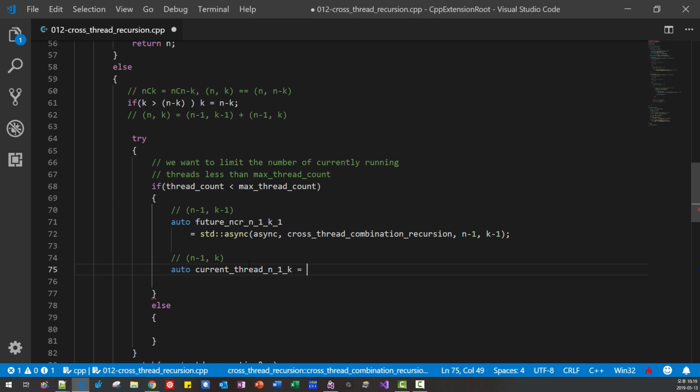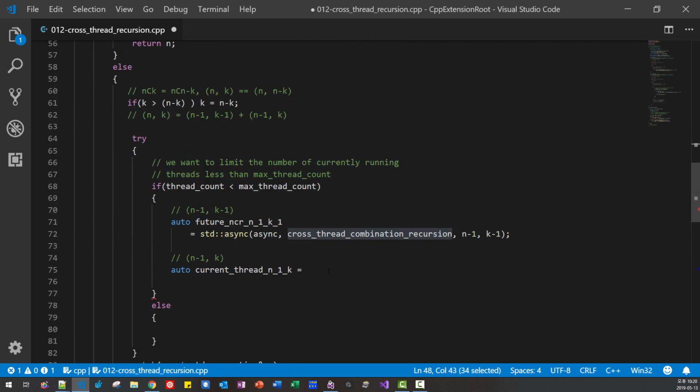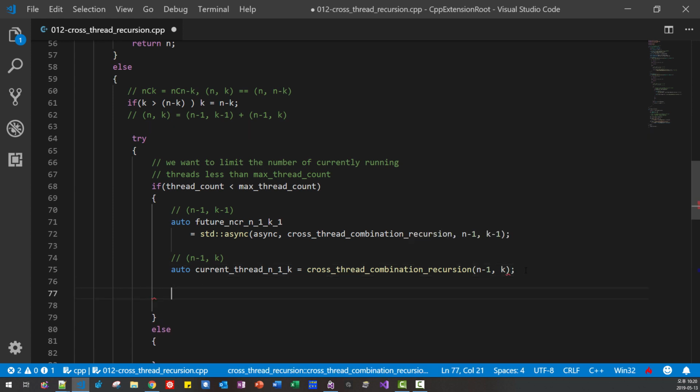This part runs in the current thread. How? We are still using recursion. Copy, paste here. Now this is n-1, k. Okay. Now we are returning.